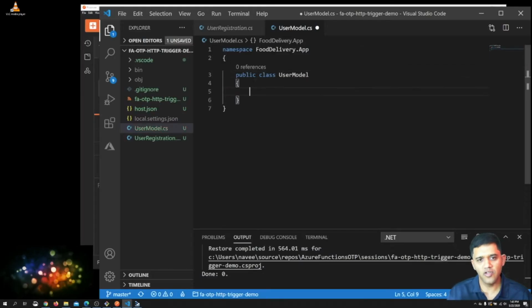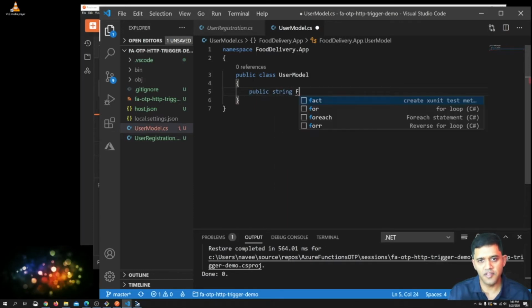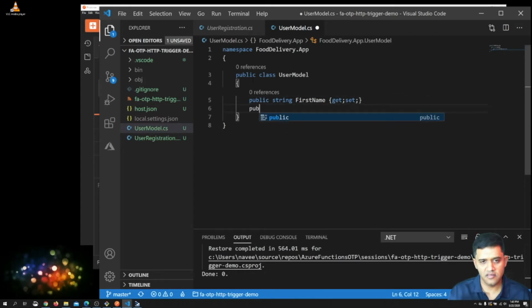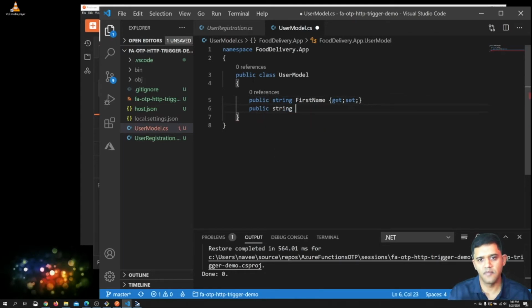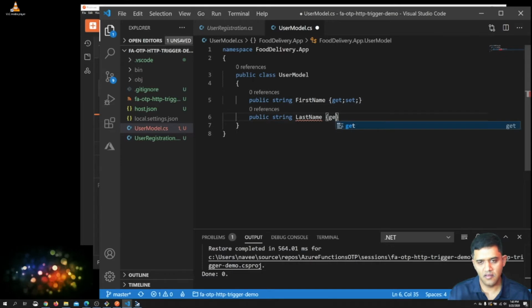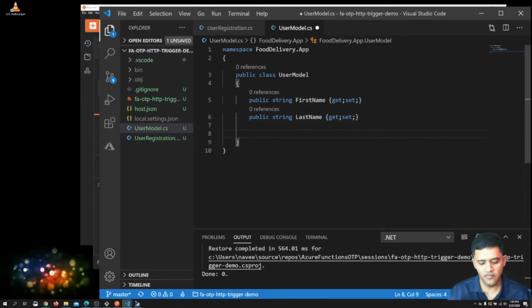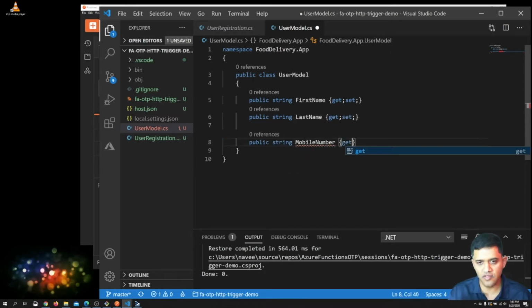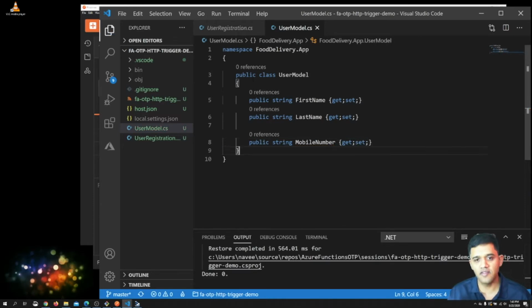A user would have only 3 items for now: first name, last name, and mobile number. So we need to figure out how to send an OTP to this user to confirm his mobile number, to validate his mobile number. So we have the user model ready.